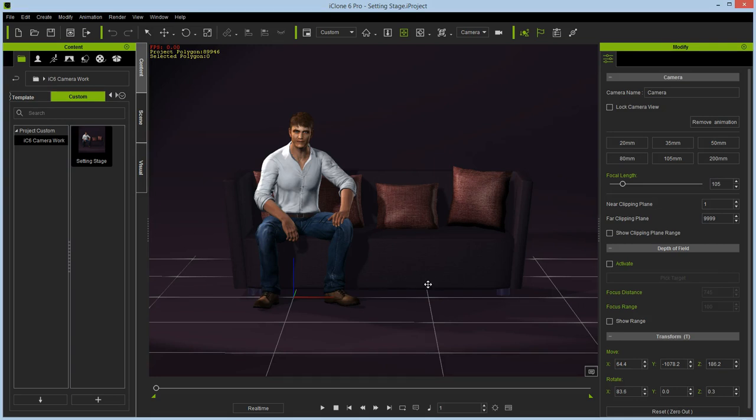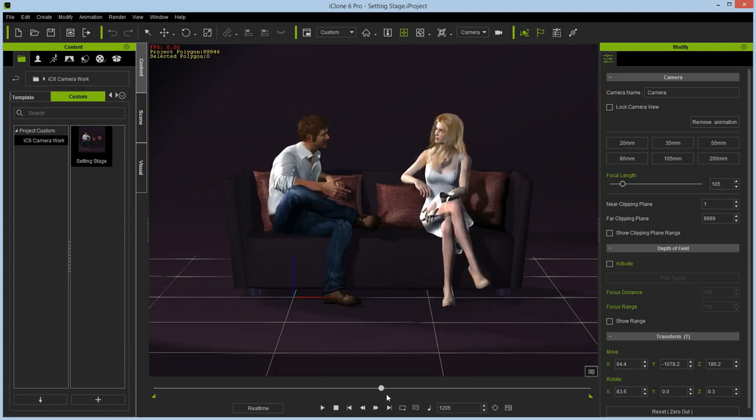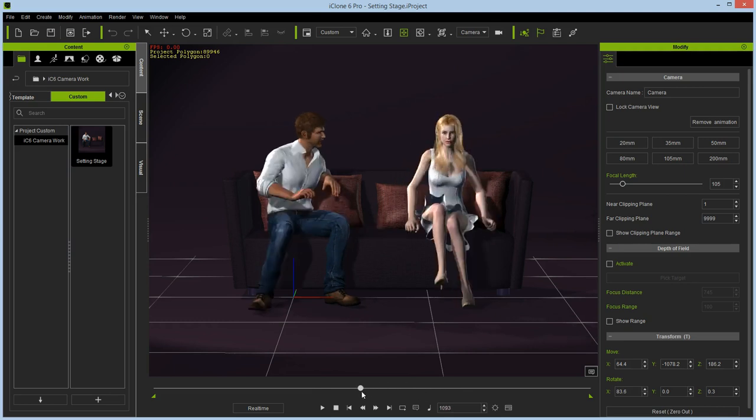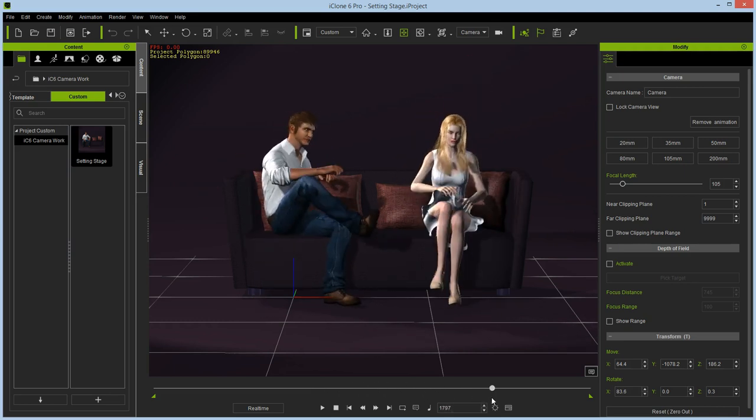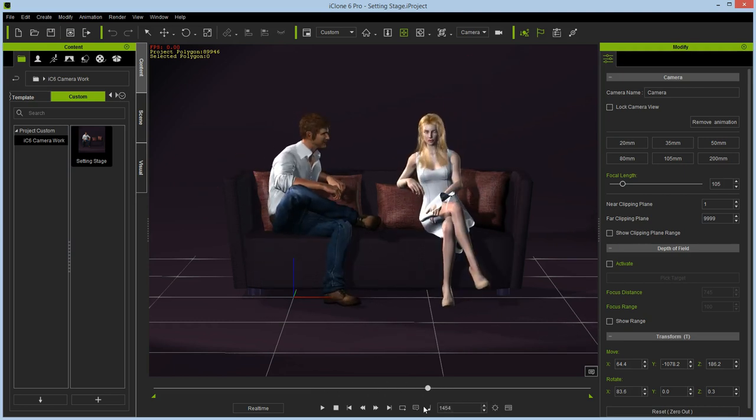We can see some basic action here of Mason and Heidi. Now I'm not too worried about this overall motion because I'm just going to show you how we're going to work with cameras. So we have a two-shot here, and what I want to do is I've already set up